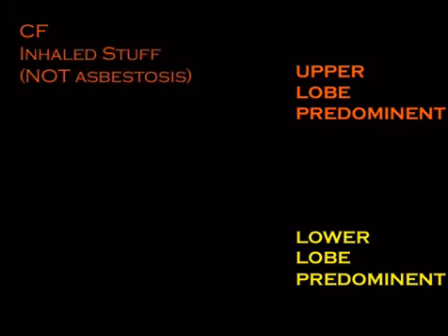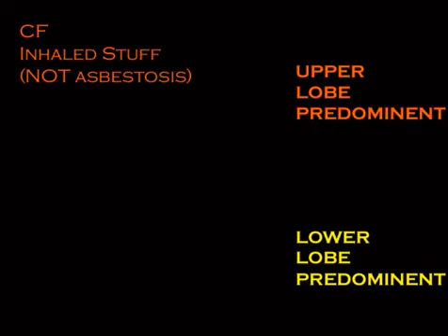So, upper lobe predominant: CF. Supposedly you've got cilia beating the junk out of the bottom parts of the lungs, but it's sort of stagnant at the top. That's why CF is upper lobe predominant. Anything that's inhaled, remember that you've got greater ventilation up top and greater blood flow down below. So all the inhaled stuff. The exception, remember,